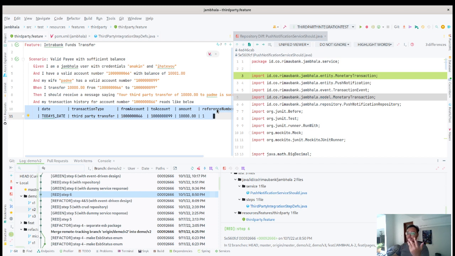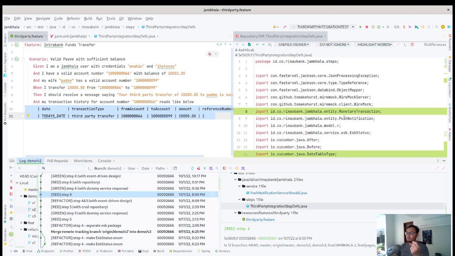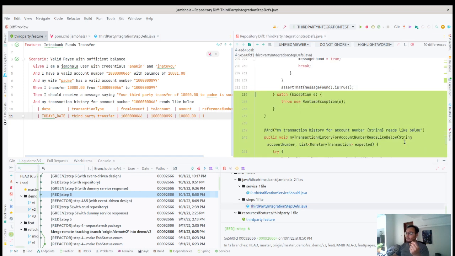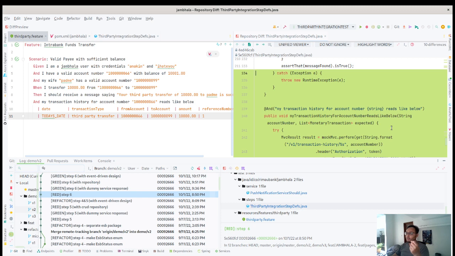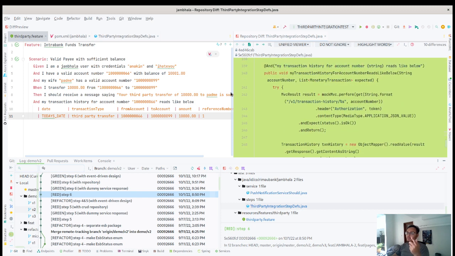In Cucumber, it's called a data table, right? But the question is, how do we actually tell Cucumber to read this data table as an input for the test step? To do that, we'll use this thing called data table. So if you see this step, how we translate it into the step definition,